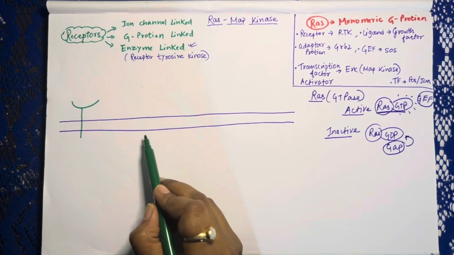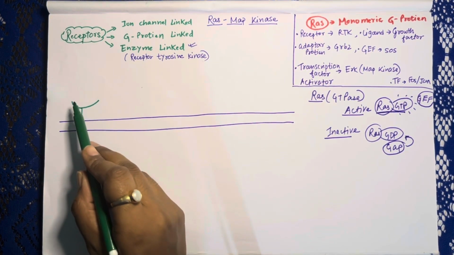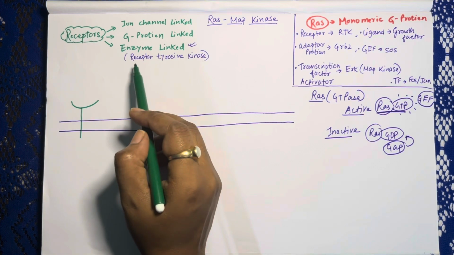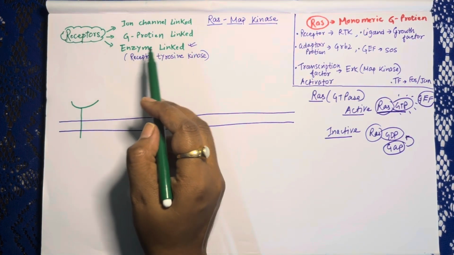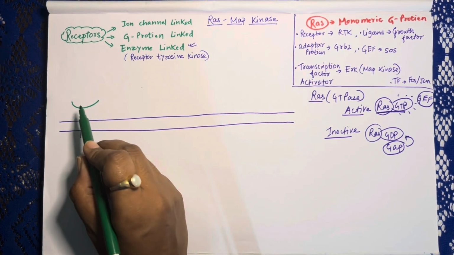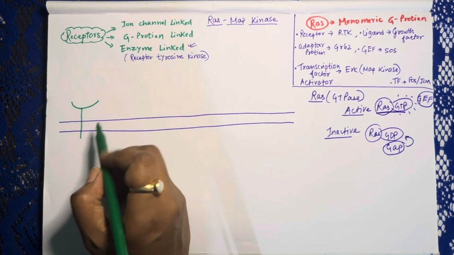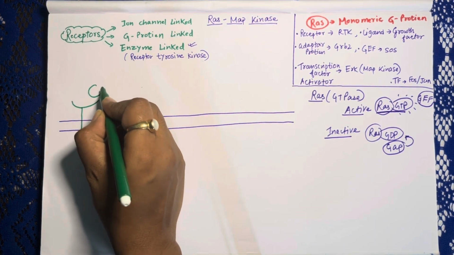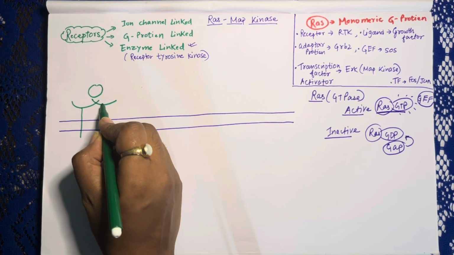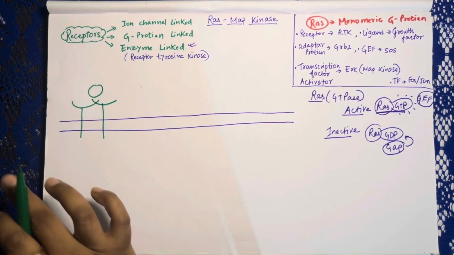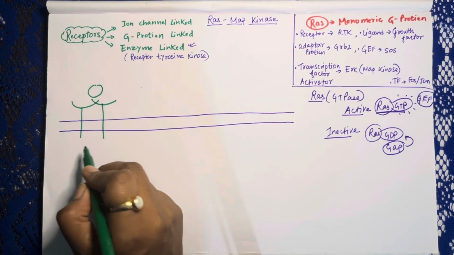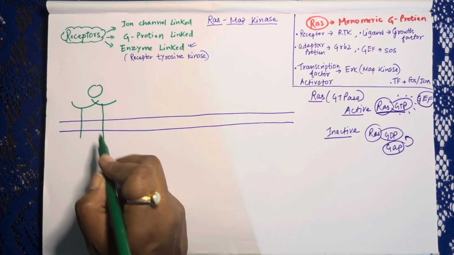Suppose this is the plasma membrane of the cell, and this is the receptor. What receptor? Receptor tyrosine kinase, which is a type of enzyme linked receptor. Normally the receptors are in monomeric form, but when ligand will bind, at that time the receptor will become dimer like this. Okay,